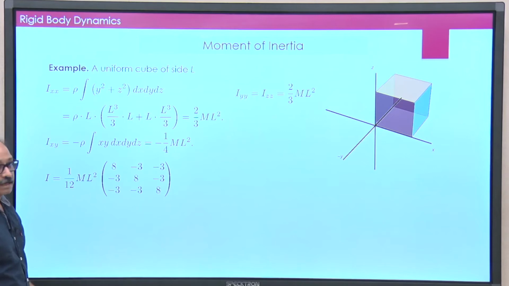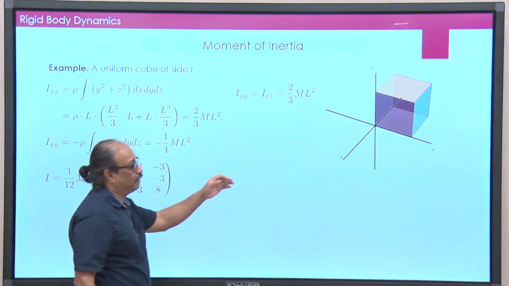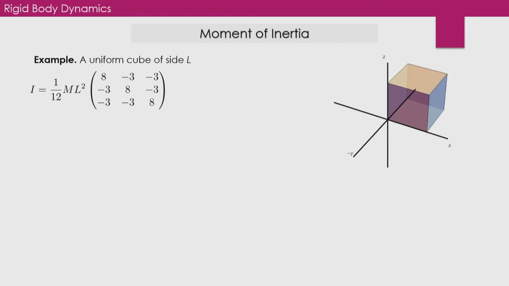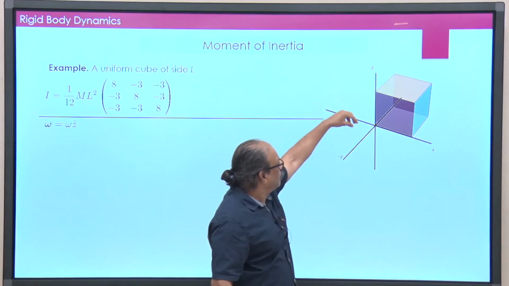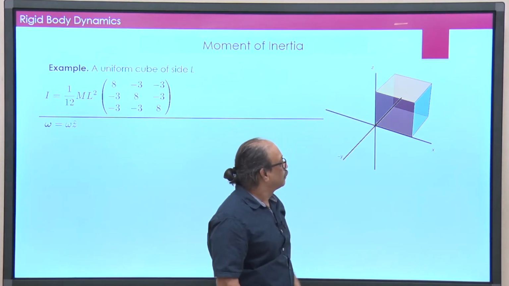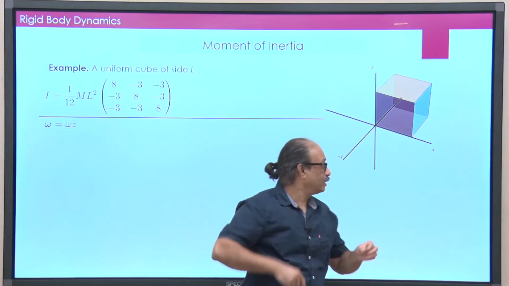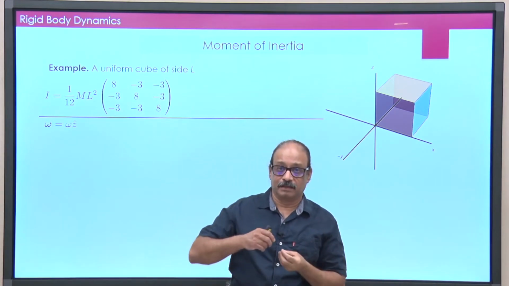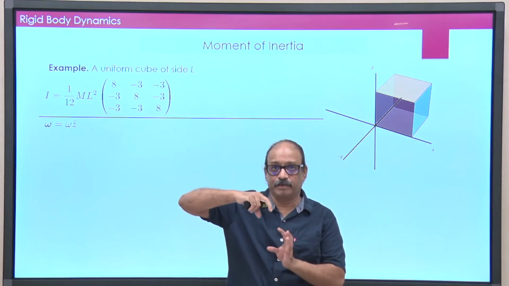All right. Now, if I want to calculate the angular momentum, suppose I set it spinning about some axis and I want to calculate the angular momentum. Okay. So, if I calculate this by using omega, which is along z axis. So, basically all that I am doing is you take a z axis and the cube is rotating about the z axis. So, it is basically rotating about this vertical edge of the cube. Okay. This is not the same as the previous case where rotation about z axis passes through the center of the cube.